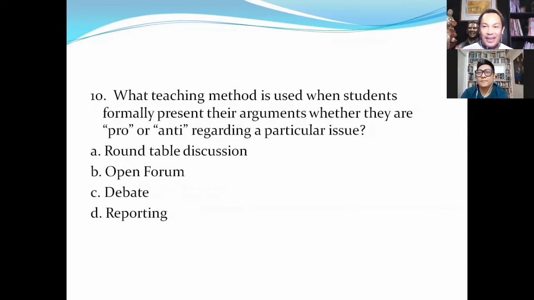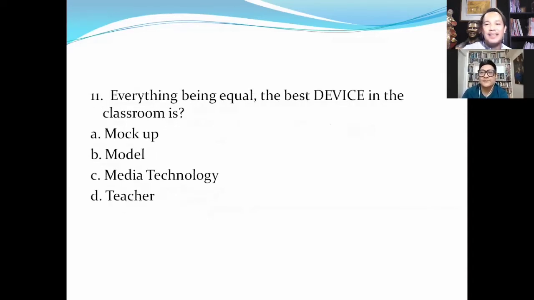And then reporting naman, believe it or not, reporting is a technique of discussion. Dito, it is the student who shares the idea, the lesson, in a direct, uninterrupted manner. Ito yung madalas abusuhin ng teacher, no? Okay, sabi ng teacher, tomorrow reporting, next week reporting, Monday na naman reporting. That's not good, because reporting is a good method, especially if only the teacher knows how to really utilize this form of discussion. Remember, reporting is a technique of discussion. Okay. Next.